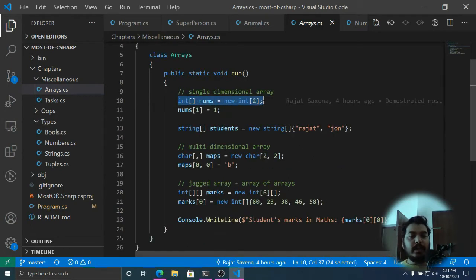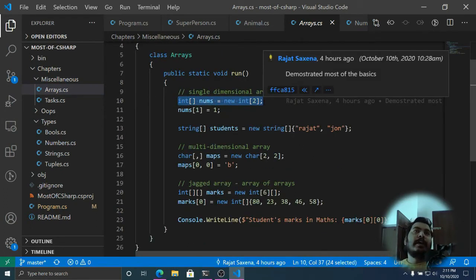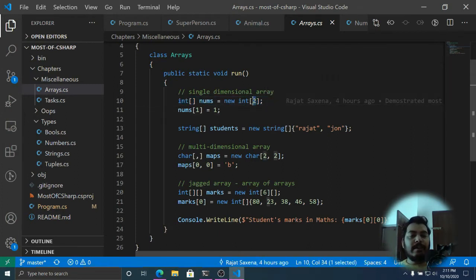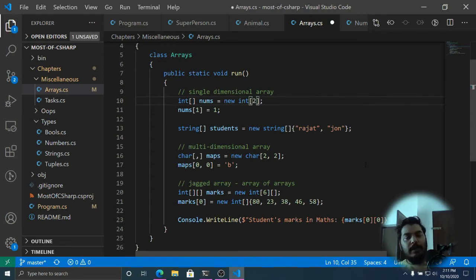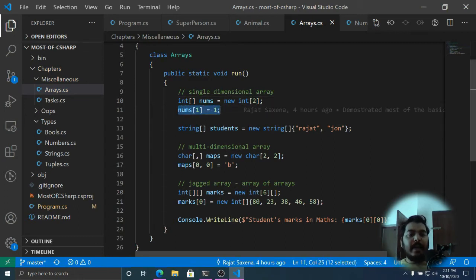So this is how you can create an array of type integers. It will be a collection of values, and those values are going to be of type integer. We have to provide the total number of elements that are going to be there in an array, and this is the single dimensional array. We cannot skip this part. You have to give the length of an array at the definition of the array. You cannot skip it. So it is a fixed length array, and if you want to assign anything, this is how you do it.